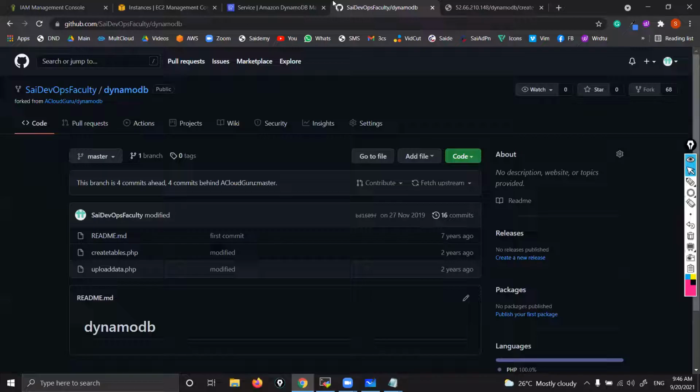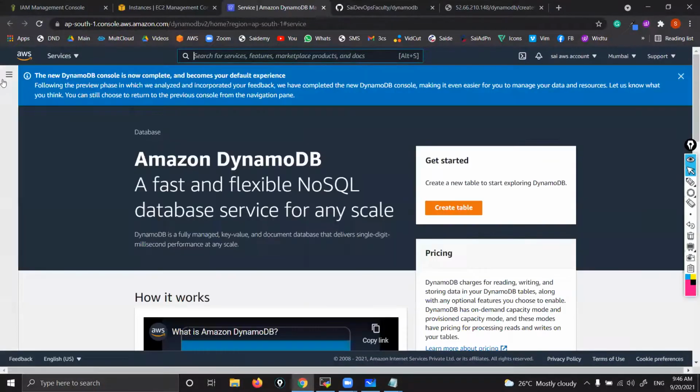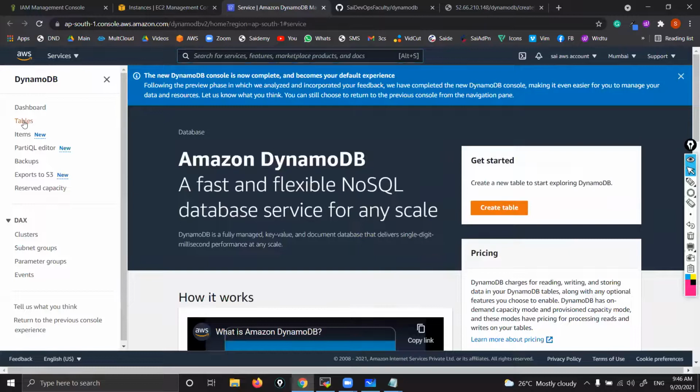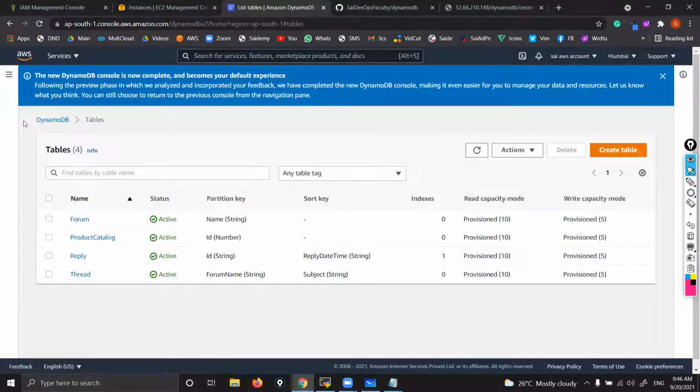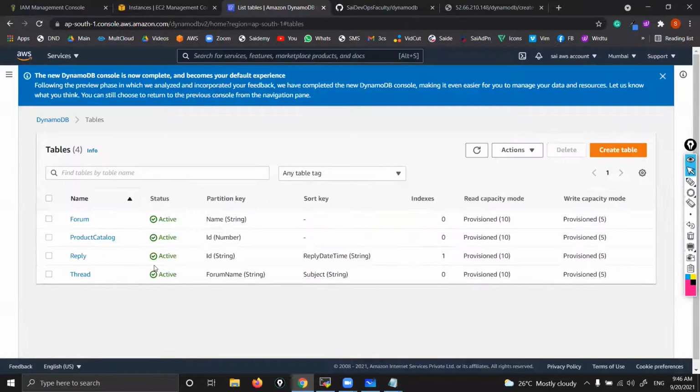Now go to DynamoDB, hit refresh. Okay. Now here, go to tables. You can see forum, product catalog, reply, thread got created just now. So these are empty, we don't have anything. For example, if you go to product catalog,